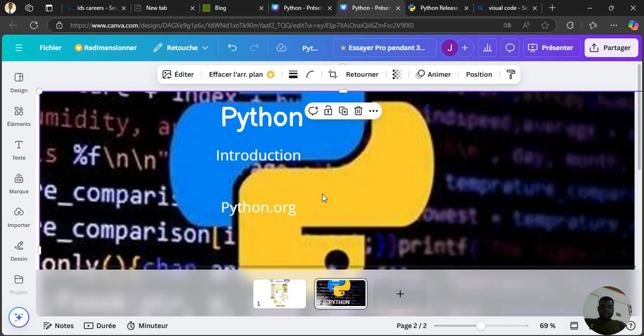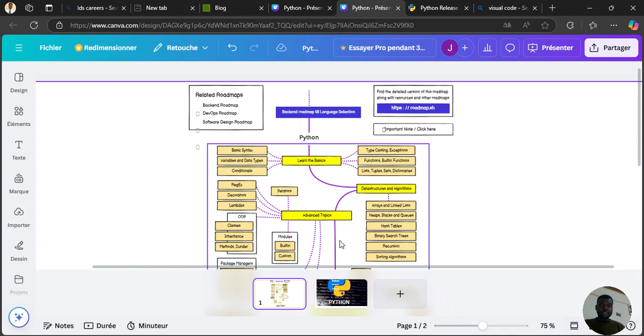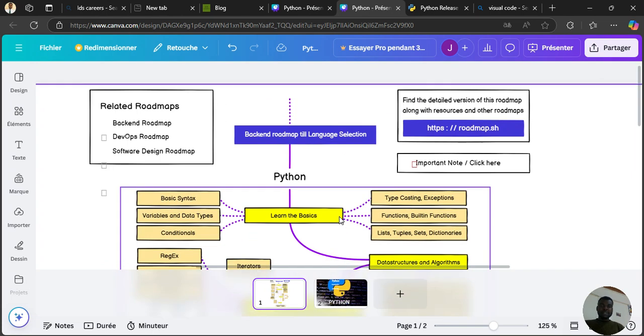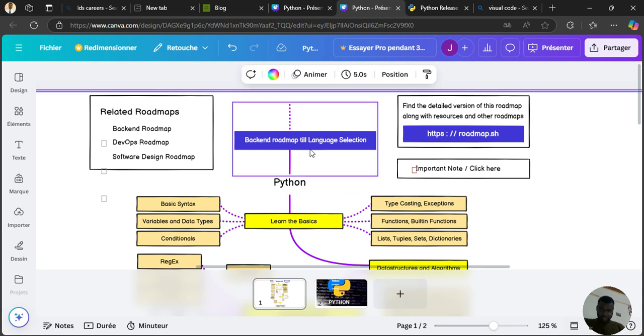Now, before writing our first script, I want to show you something. So this is what we call the roadmap in Python. Let me zoom in. We have related roadmaps, there's a backend roadmap, a DevOps roadmap, a software design roadmap. Now, I'm going to show you the Python roadmap, what we will be learning